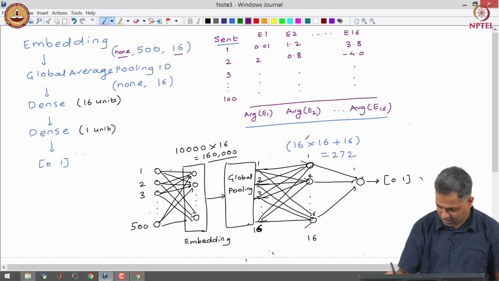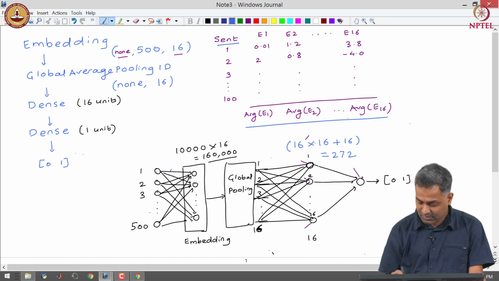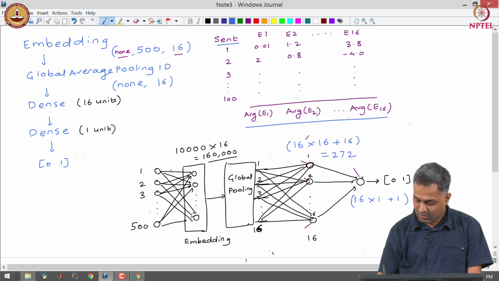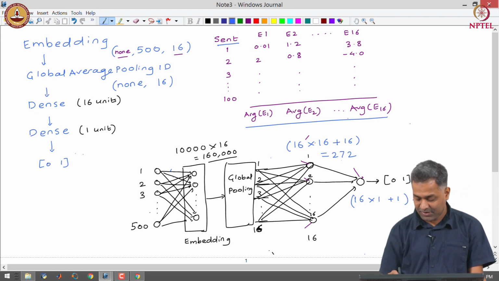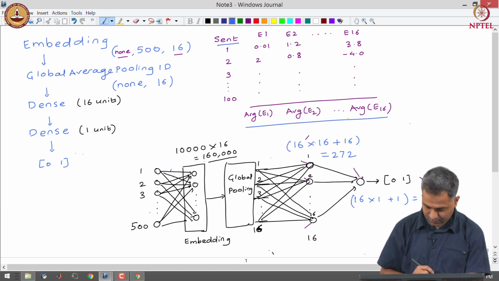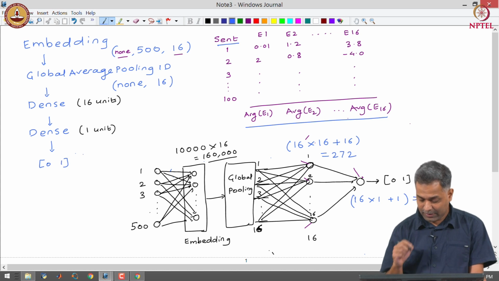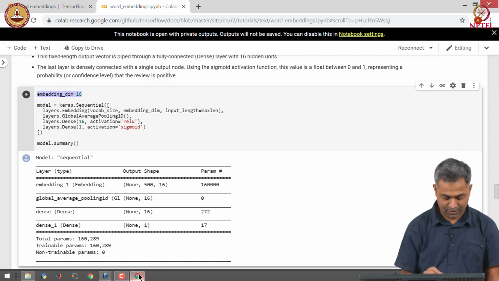You can similarly work out the number of parameters for the output layer. The output layer has 16 incoming connections, so there is a weight for each connection, a single unit, and a single bias term. So, we have in all 17 parameters. Total number of parameters are 17 plus 272 plus 160k, so it is 160,289 parameters, which is what you see over here.